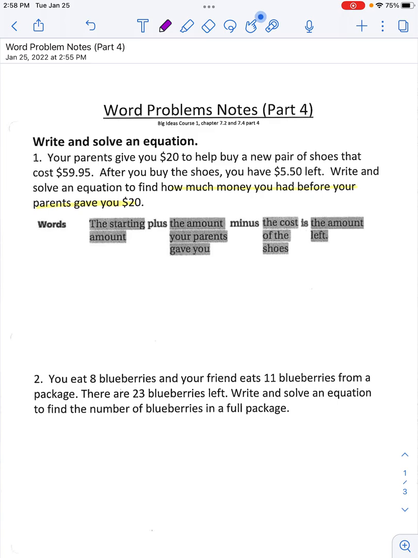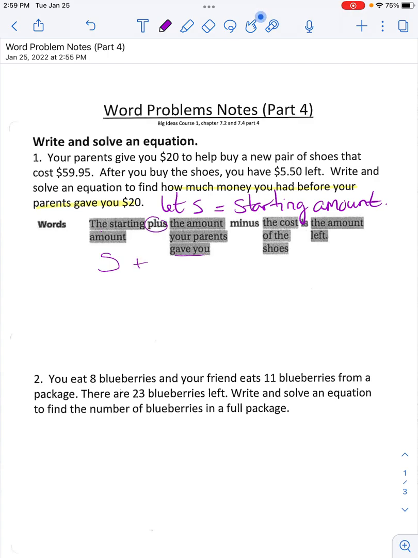Okay? So we're going to let S equal our starting amount. Or you could put an X, or you could put an M, or you could put a D for dollar, whatever variable you wish. Okay? So the starting amount is what we're starting with. We're not quite sure what we started with, so we're just going to write an S